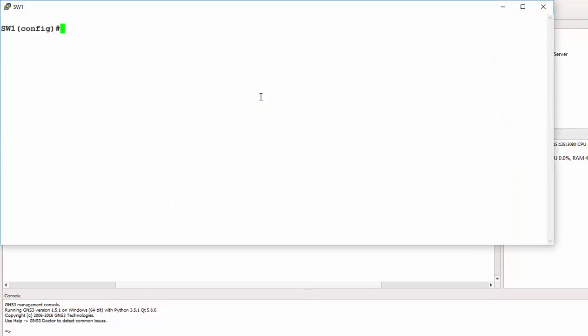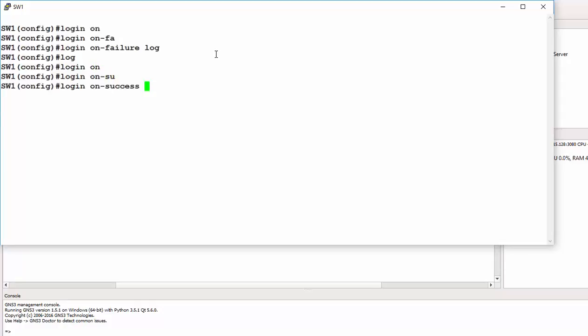So back on the switch, in global configuration mode, I just have to specify the kind of logs I want to generate. I can do login on-failure, which means all login failures will be logged. I can do login on-success, which means all successful logins will be trapped as well. So from here I can exit